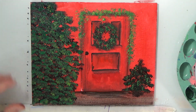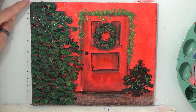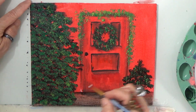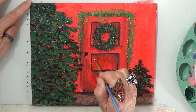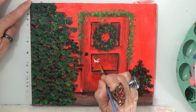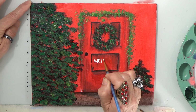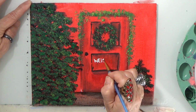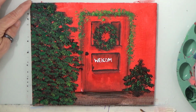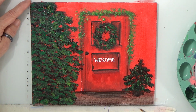All right, let's go ahead and add a welcome sign here as well. So let's put in the word welcome, and I'm doing it with my 1/4 inch liner. It doesn't have to be perfect, so just put it in as best as you can. It doesn't have to be straight, keep that in mind. Do the best you can. Now that we did that,